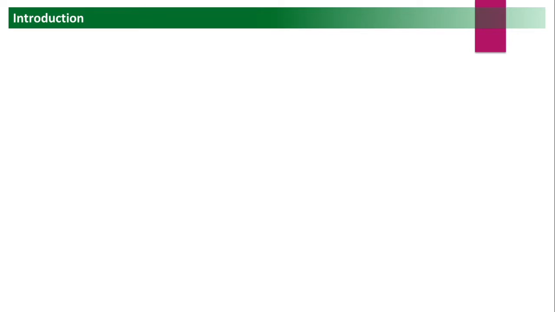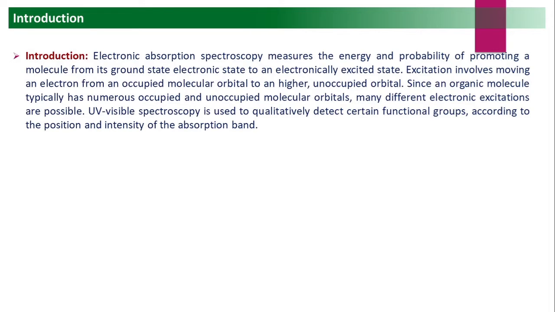Friends, in the last lectures we have seen the introduction to spectroscopy. We have learned various terms which are used in spectroscopic analysis, as well as types of spectroscopy and types of excitations. In that, the first type is UV visible spectroscopy. The radiations used for this spectroscopy are UV visible radiations, and the range is 200 to 800 nanometer. So first we'll see the introduction to UV visible spectroscopy.